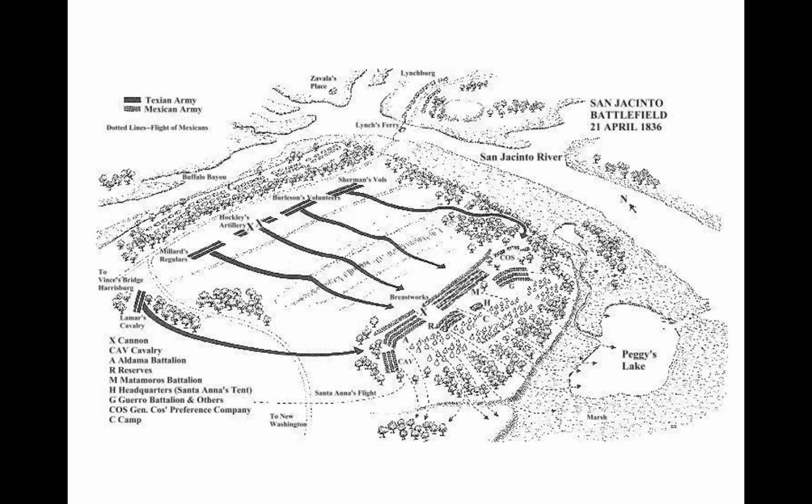Right? When Houston caught him, they cut a deal. Santa Anna said, "I will take my army out of Texas if you let me go." They let him go. The Mexican army went away. So in the summer of 1936, the Mexican army is gone. So what happens to Texas then? Texas asked the United States to annex them.